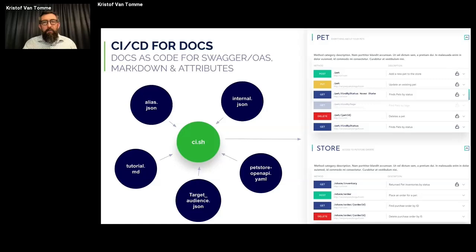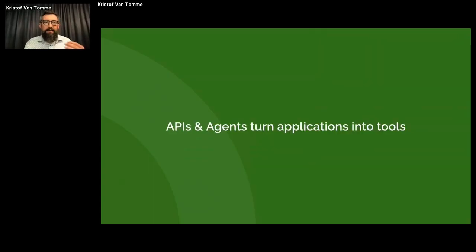What I think is going to happen is that after APIs, agents are also going to help turn applications into tools, or at least turn parts of the journeys that happen with software into tools, so that the places where web applications or software are still used as a space will be by design and by choice, and not by necessity.